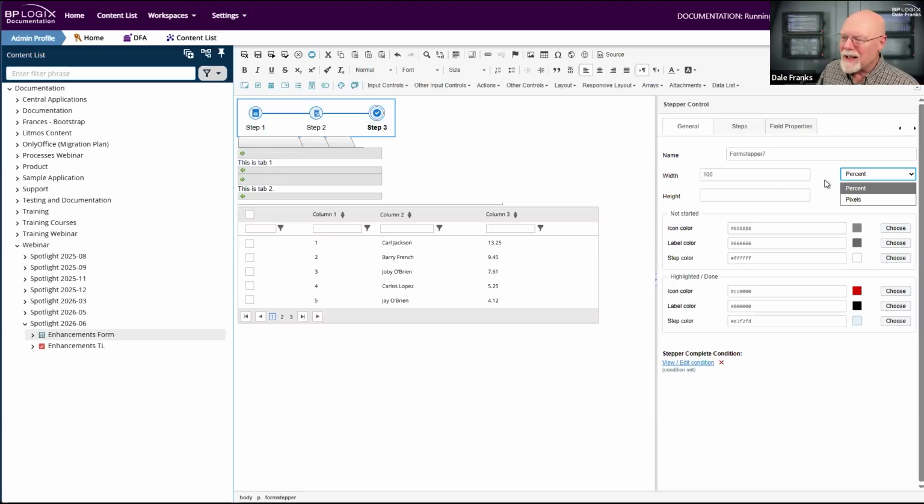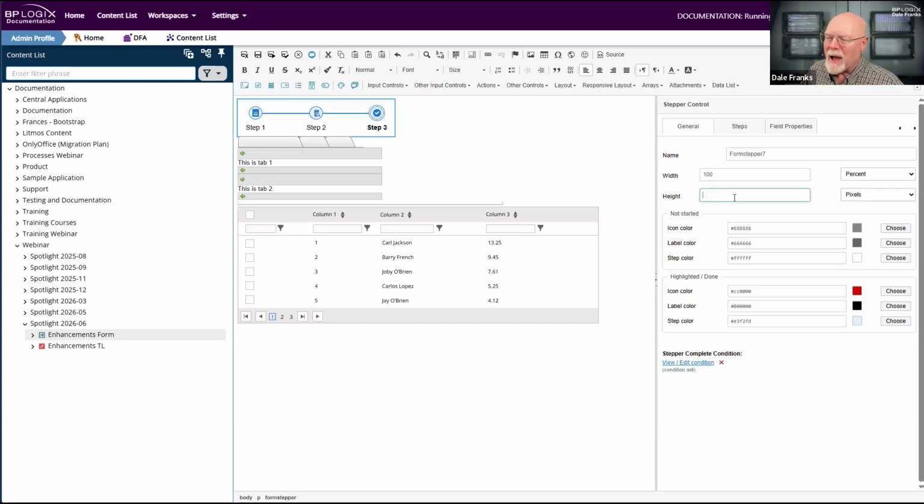Obviously, you have to be a little careful about sizing because depending on the number of steps that you decide go into your process that you want to display as part of the progress bar, obviously the more steps that you put into it, the more horizontal space you're going to need to have it comfortably display attractively on your form.